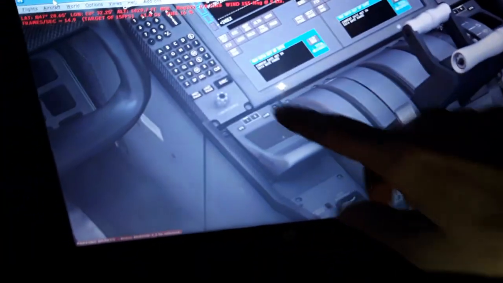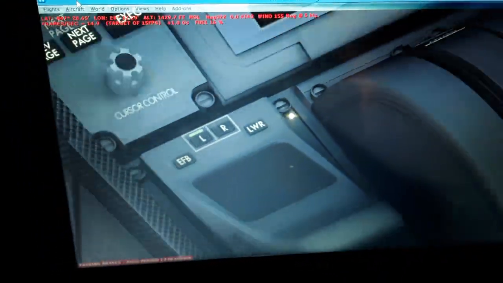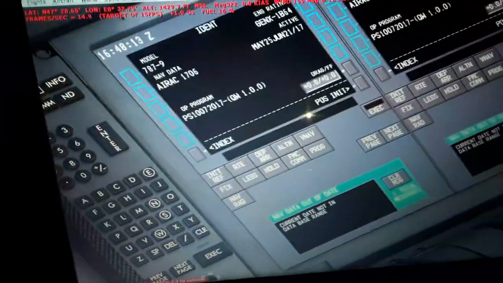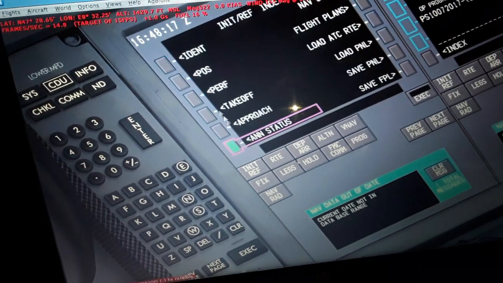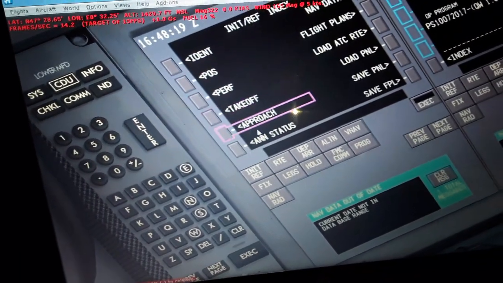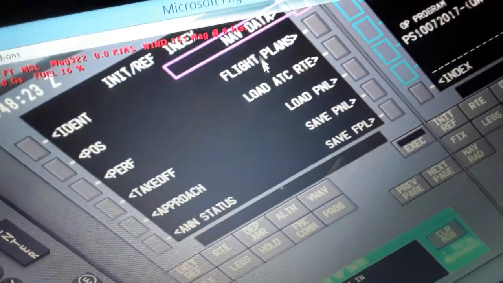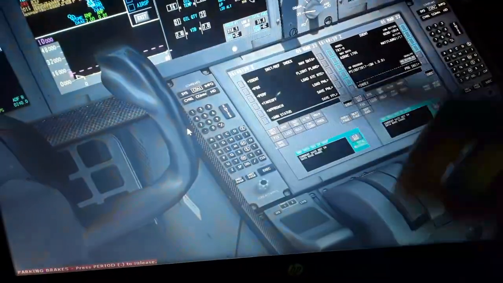This is also the flight controls and the mouse of the aircraft for controlling the display here, for making inputs like this, so we can select some modes from the flight management computer. Later you will see how I'm going to create a flight plan over here. Also using the keyboard here,